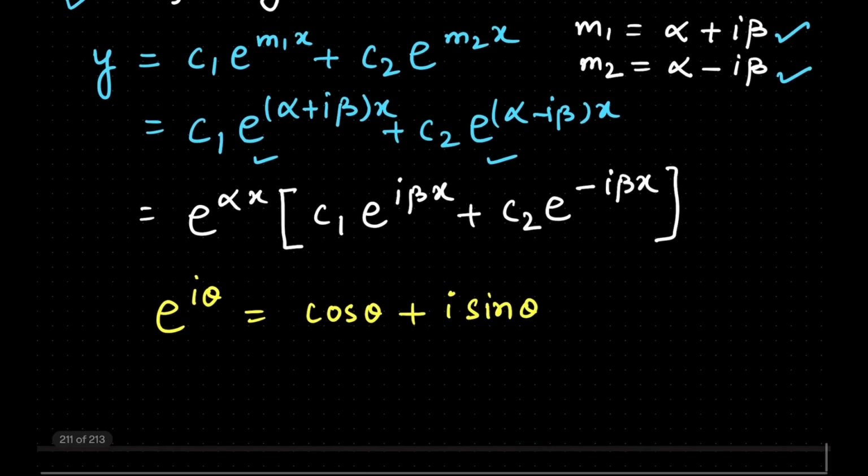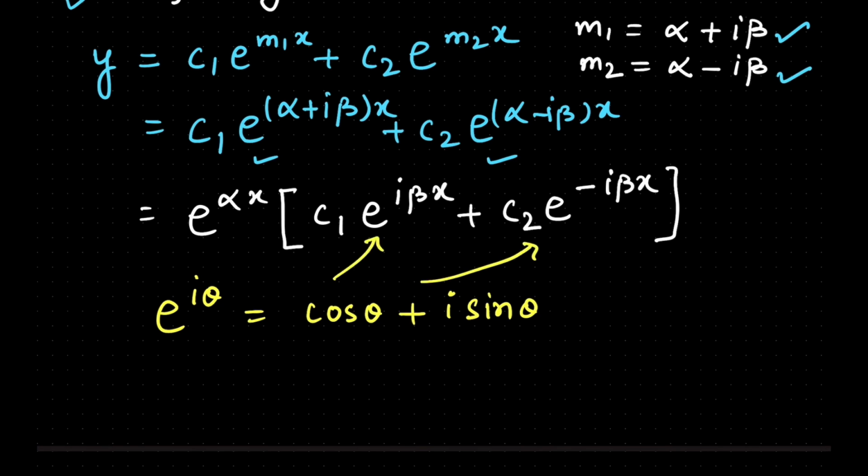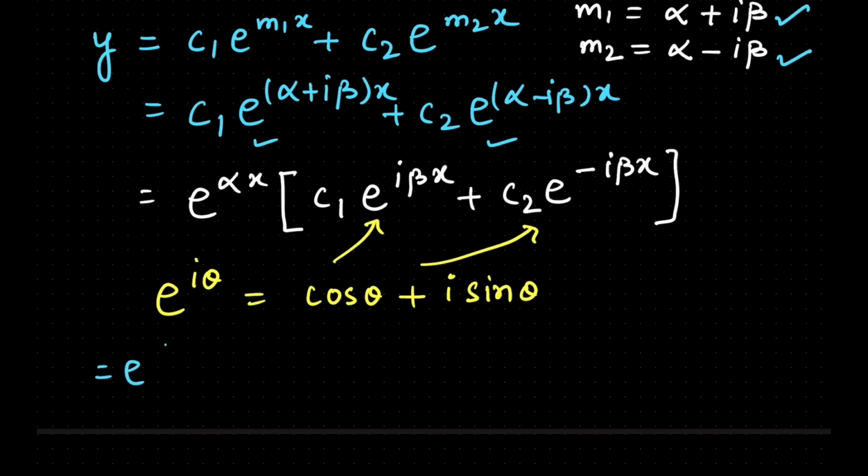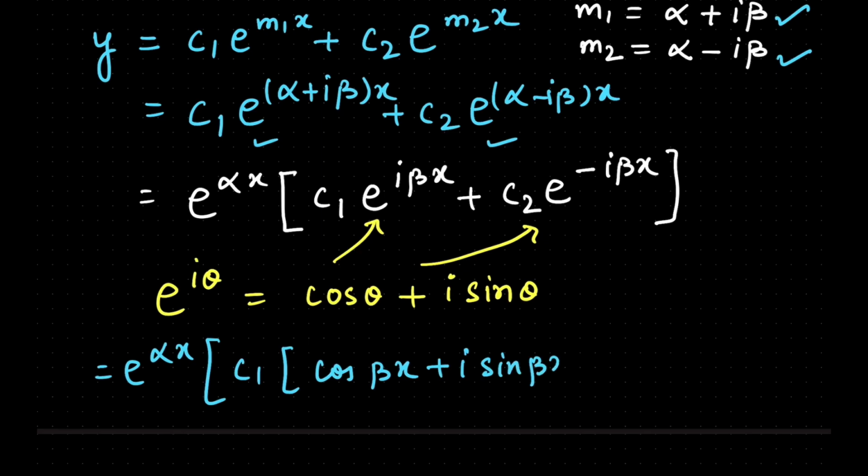So when you use this formula here as well as here, then you will get e to the power of alpha x as it is, c1, and here you will get cos beta x plus i sin beta x